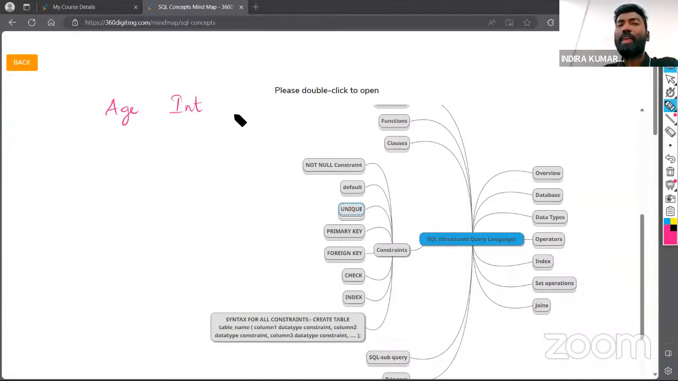After this, I can specify my constraint. Here I will specify default. The default age that I'm going to give here is 18. Now what happens? When I specify default, that means if I do not provide any value to this particular column,